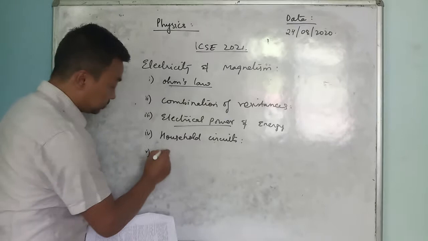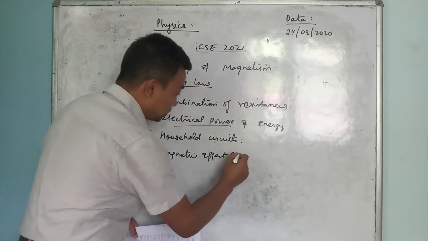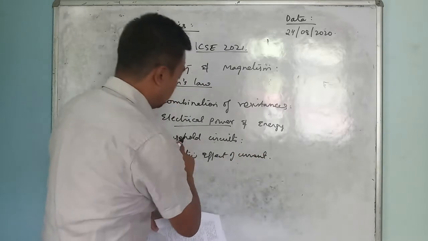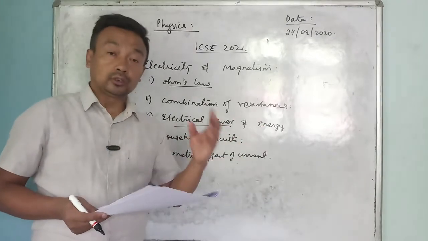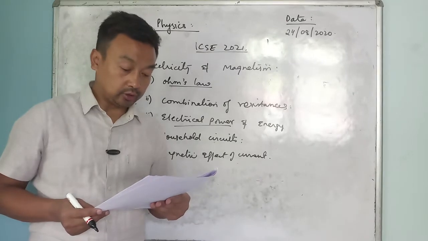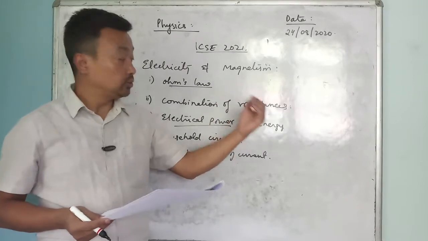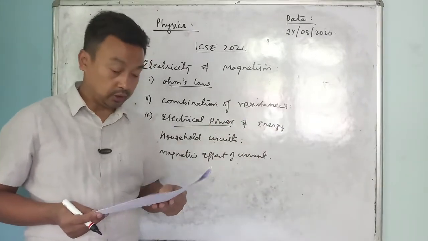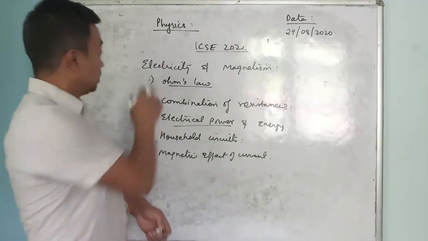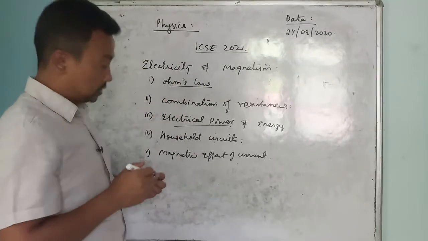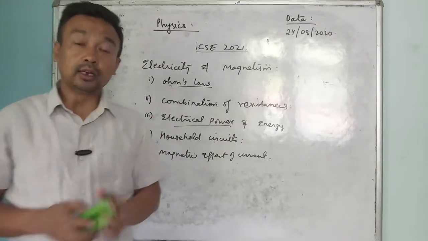Then you have the magnetic effect of the current. In the household circuit we will be discussing how the electric circuit or household switches work. In that we will be studying fuse, how the light comes from the main pole into the house, the earthing, etc. So this is your reduced syllabus, and in this we are going to study some main topics starting with Ohm's law. So today let us start with